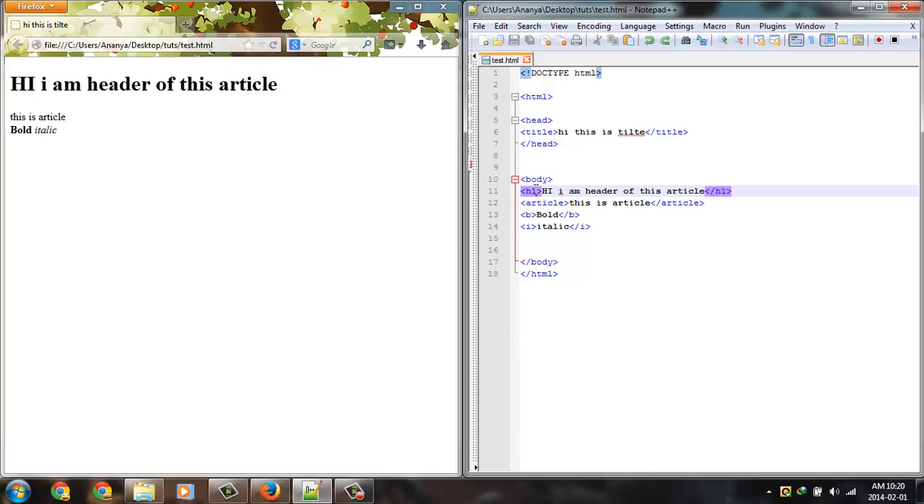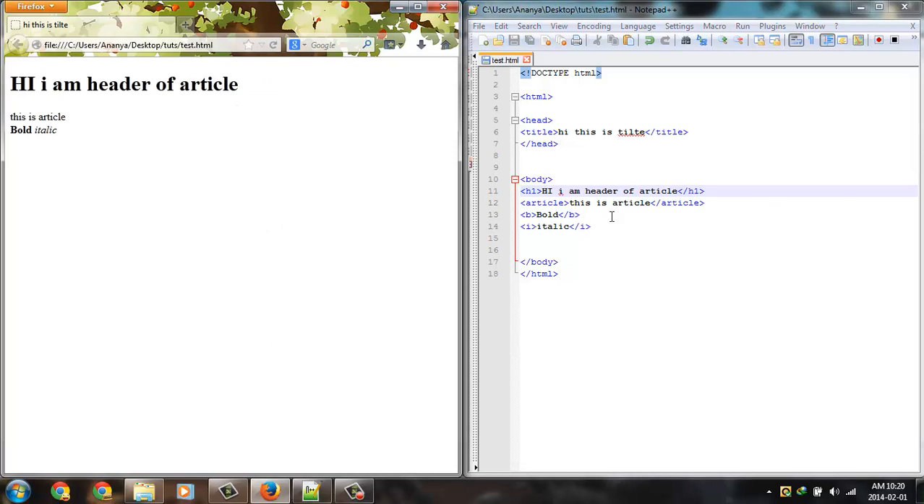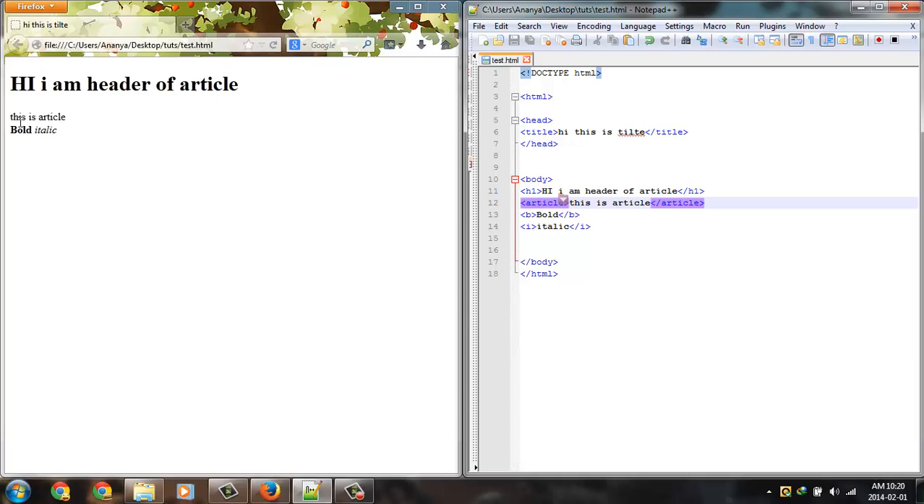Now this is the h1 tag. H1 means header. Like here, I am the header of this article. You can edit it. Like here. So the header tag will create a header, and the article tag, this is the article. So the article tag basically means that all the article content will be between these two starting and